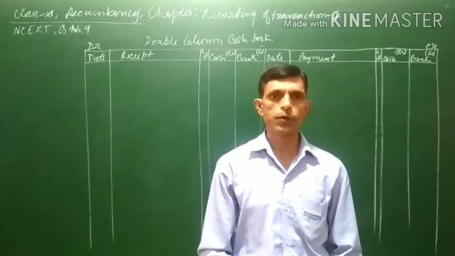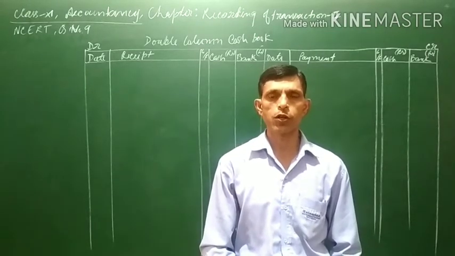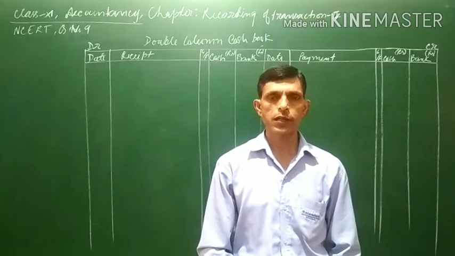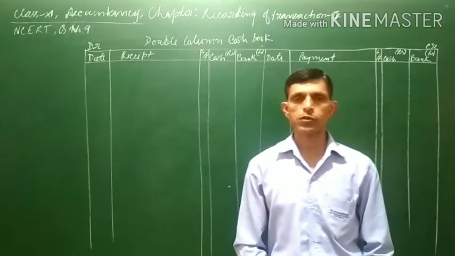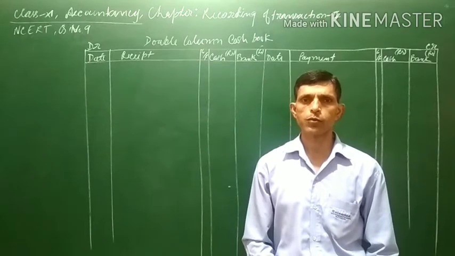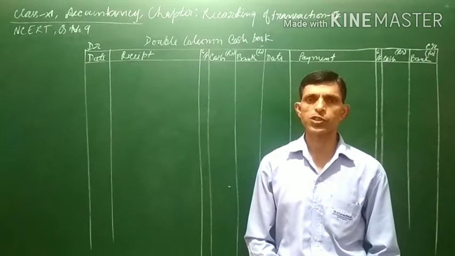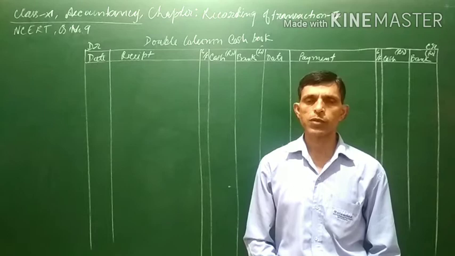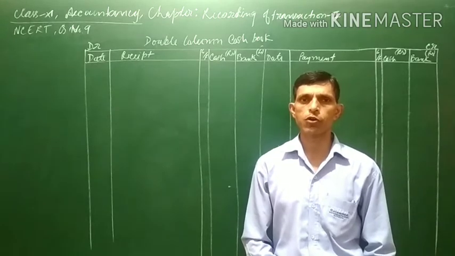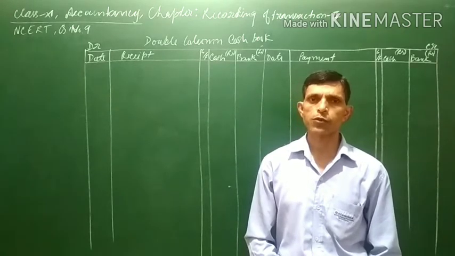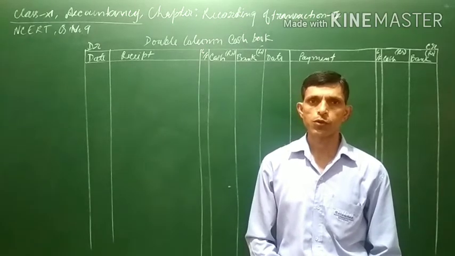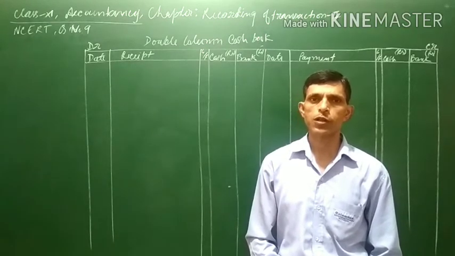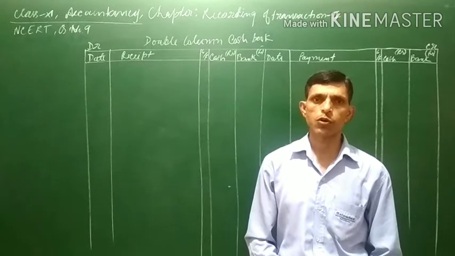In this video, we will be solving one question from recording of transaction second, and question number 9 we will be doing, because question number 1 we have done and almost all the questions are similar. Since question number 9 is related to double column cash flow, that is why we are doing that, because earlier we have done a simple cash flow. So now we will be doing question number 9, because that is a double column cash flow,